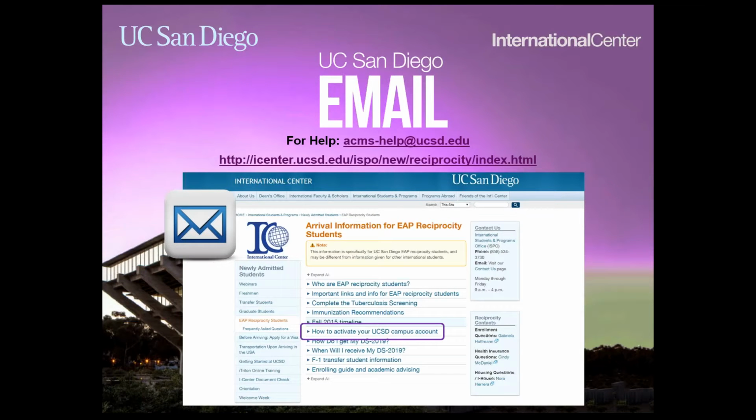You should have already set up your UCSD email account. This is a very important email address that many different people will use to communicate with you. In fact, UC San Diego will only use this address to communicate with you, so it's imperative that you check it frequently. If you are having problems setting up your account, please contact the ACMS Help Desk at